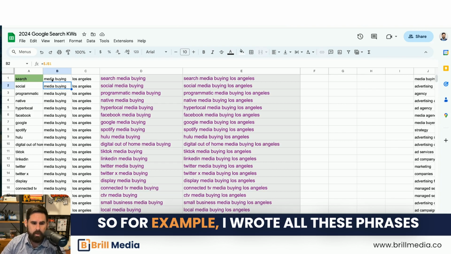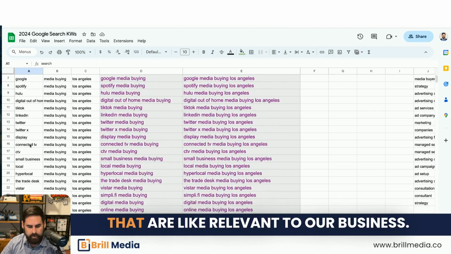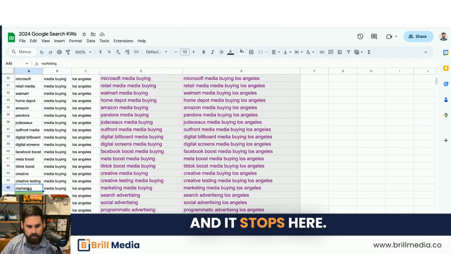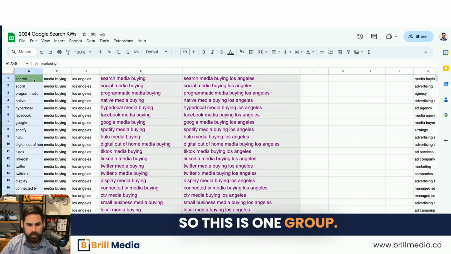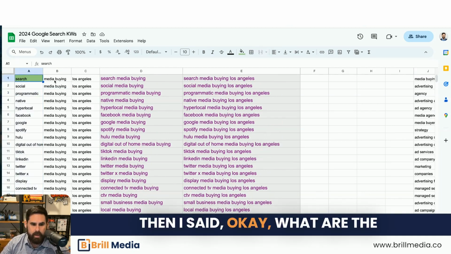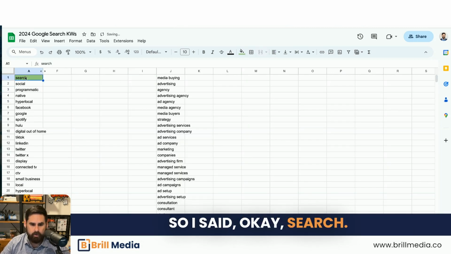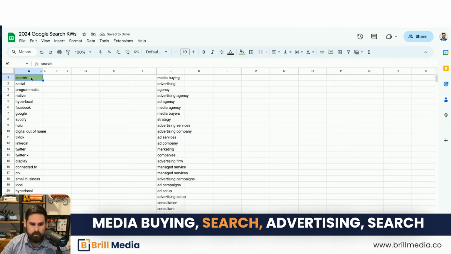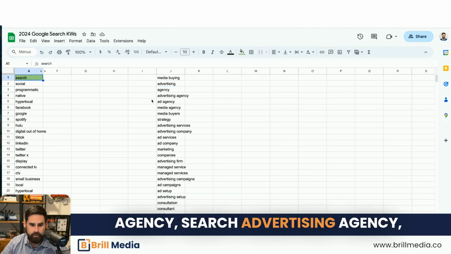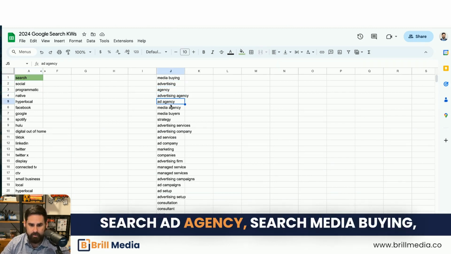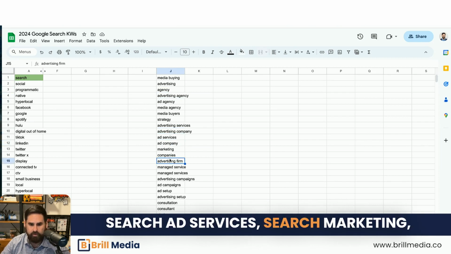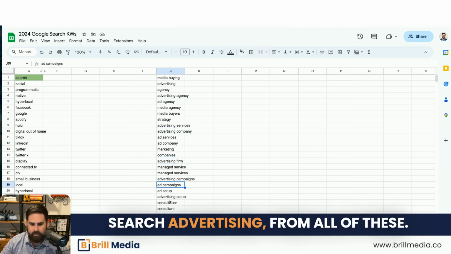So for example, I wrote all these phrases that are relevant to our business, and it stops here. So this is one group. Then I said, okay, what are the keywords that are relevant for us? So I said, okay, search media buying, search advertising, search agency, search advertising agency, search ad agency, search ad services, search marketing, search advertising from all of these.